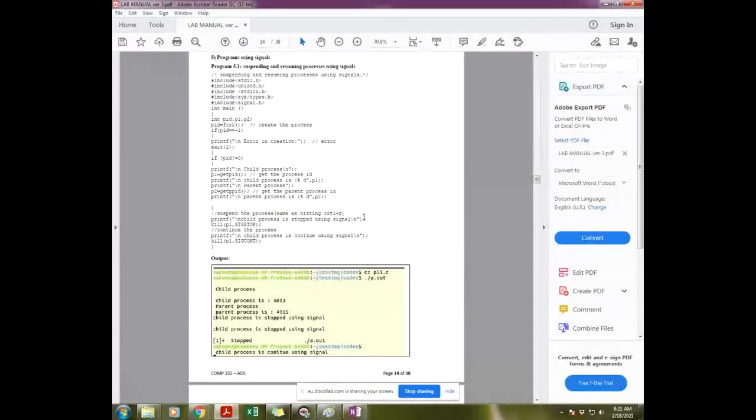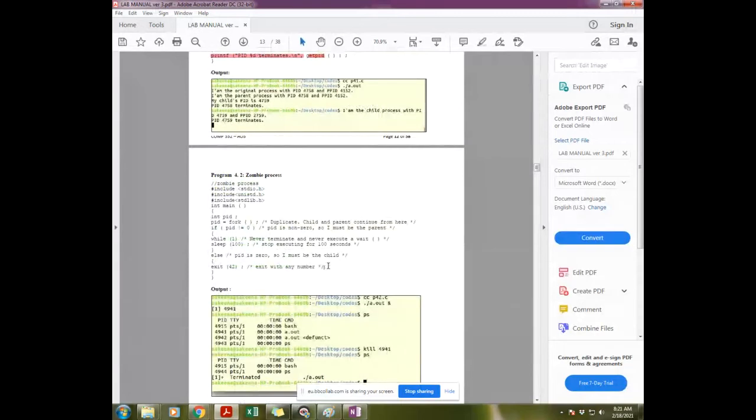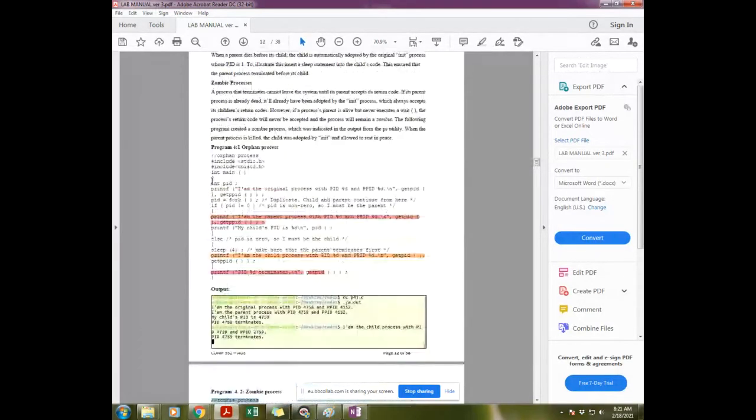This is program 4, 4.1, 4.2. You have to run three programs and send these programs for this week and next week, but send up to 10 PM the output.